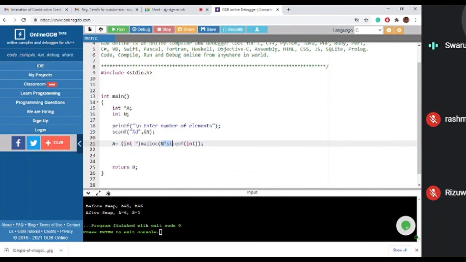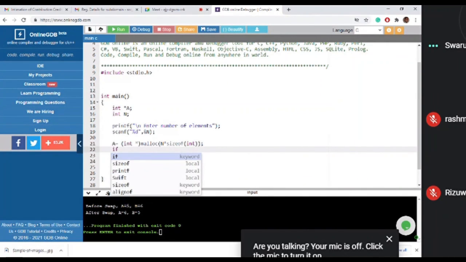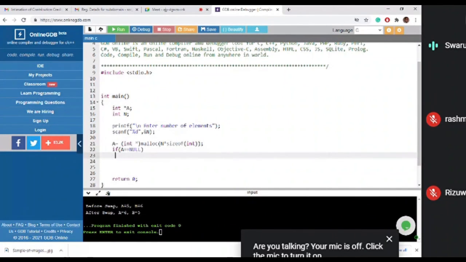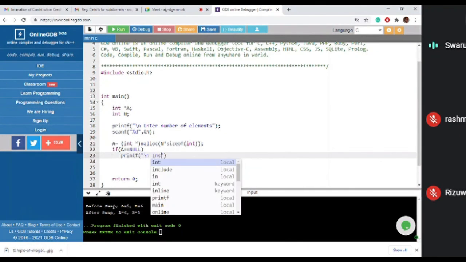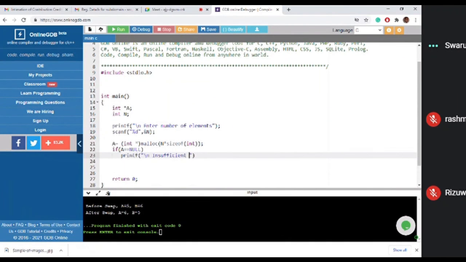नंबर ऑफ बाइट्स कैसे कैलकुलेट कर रहे हैं? The number of elements and size of each element. और कौन सा टाइप कास्टिंग कौन सा होगा? ये जो डेस्टिनेशन टाइप है उसको लिख दो, हो गया. Now the best idea is if a is equal to null, एक मैसेज दे दो printf. नॉर्मली होता नहीं है, ये हो भी सकता है. एल्स तुम क्या करो,